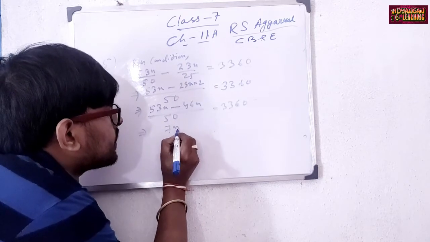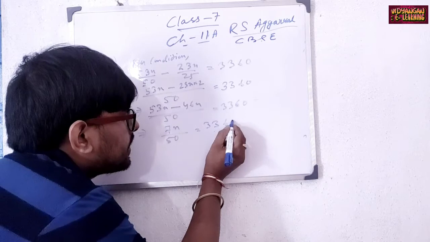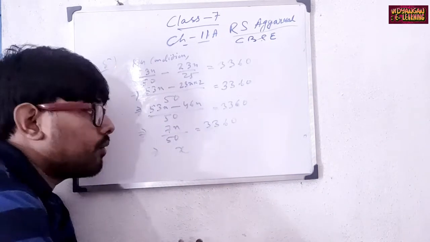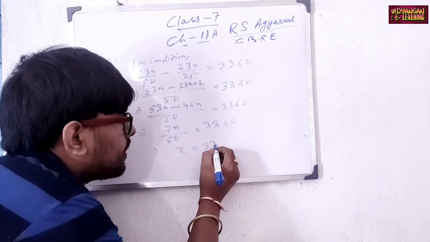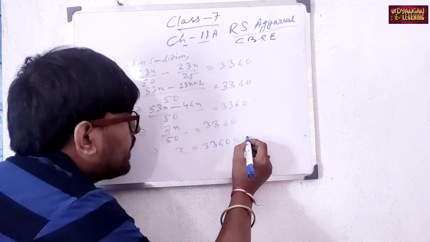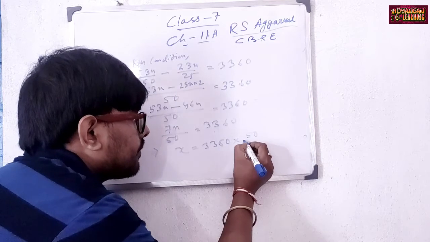So 7x by 50 is equal to 3360, and to find x we have to take the reciprocal of 7 by 50 and multiply it with 3360. So we get